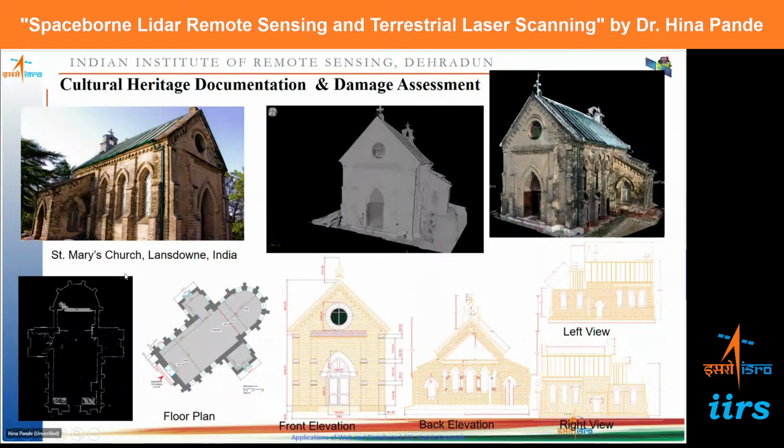Now with the help of these interior and exterior scans, we were able to get a measurement for the thickness of the walls, the interior structures, the beam width, etc., and floor plans were generated. For heritage structures which are old, such data and blueprints are not available. So creating such 3D blueprints is of great importance, so that in case of damage or if some portion is lost due to some disaster, these can be used by the stakeholders who are into management, preservation, and restoration